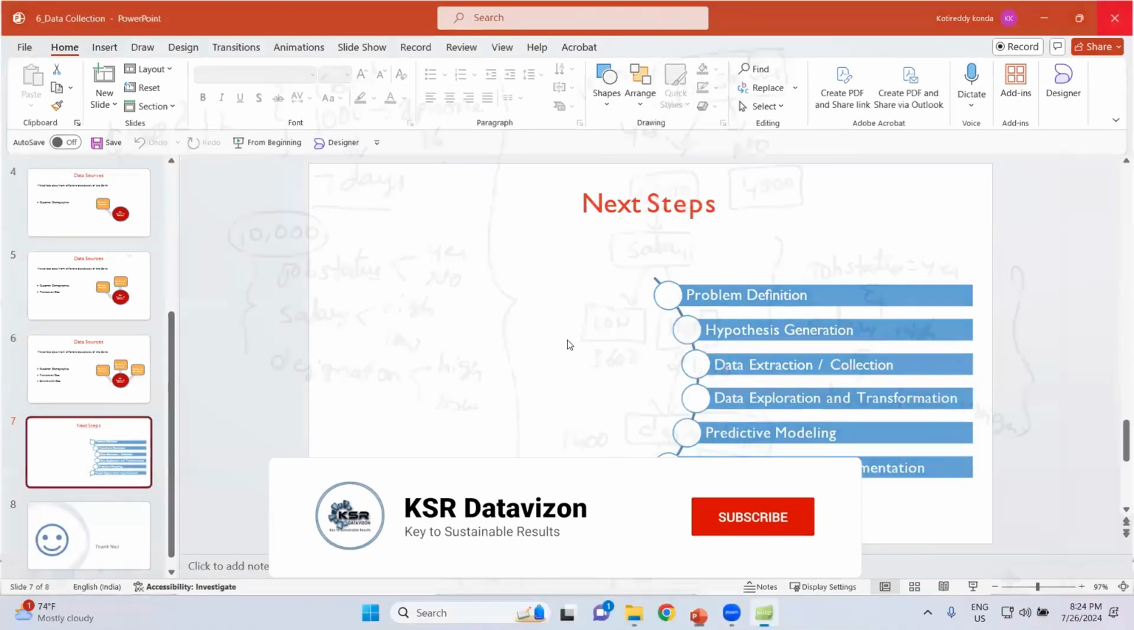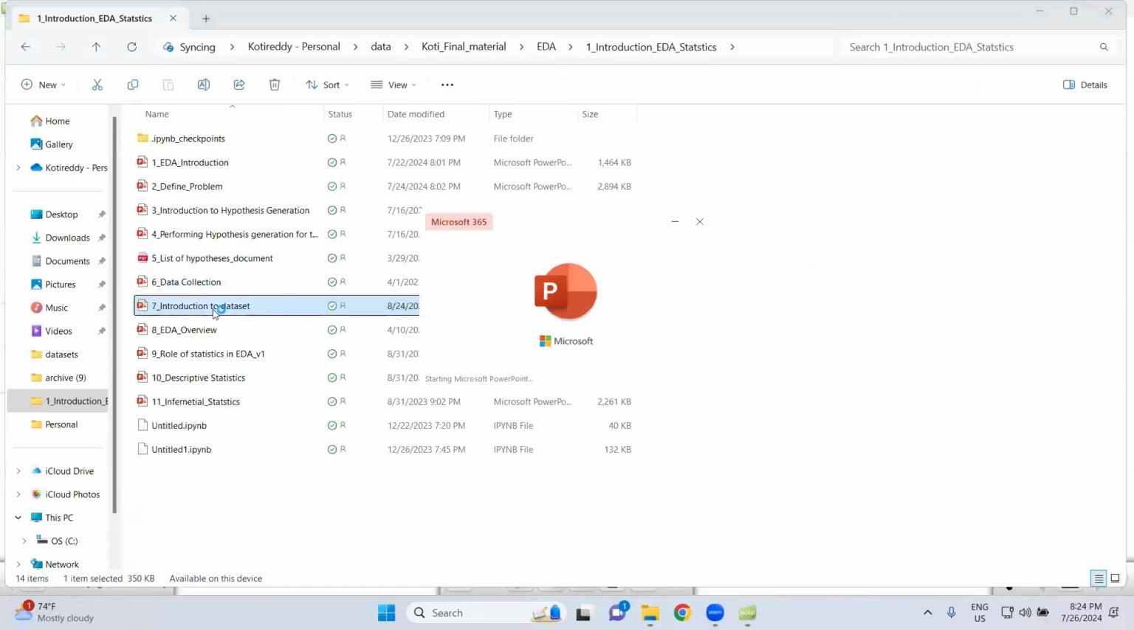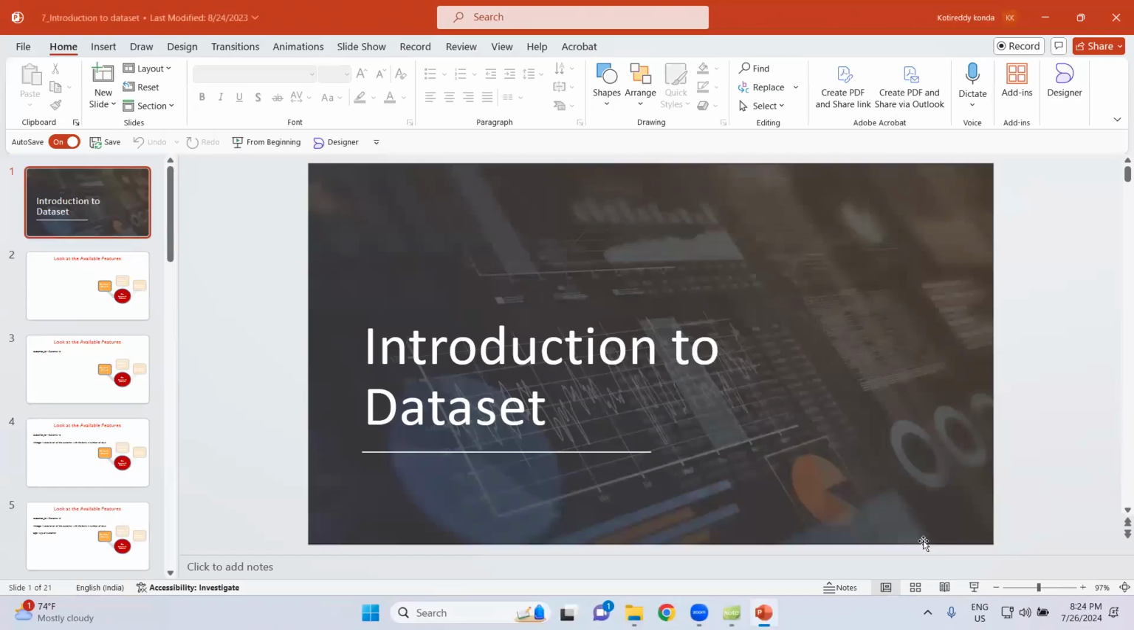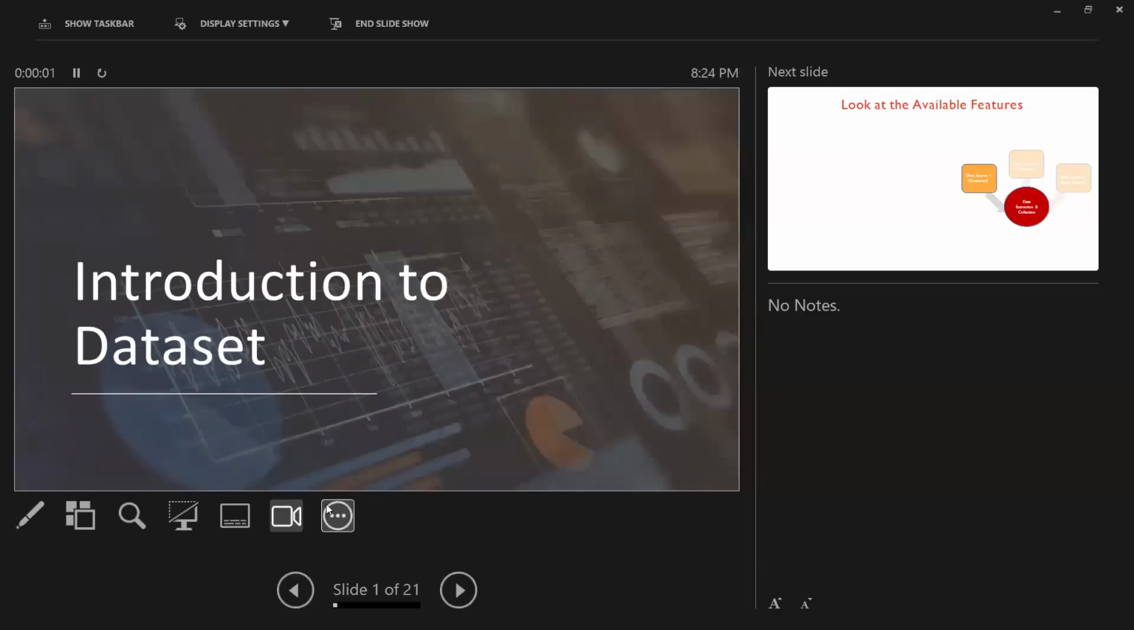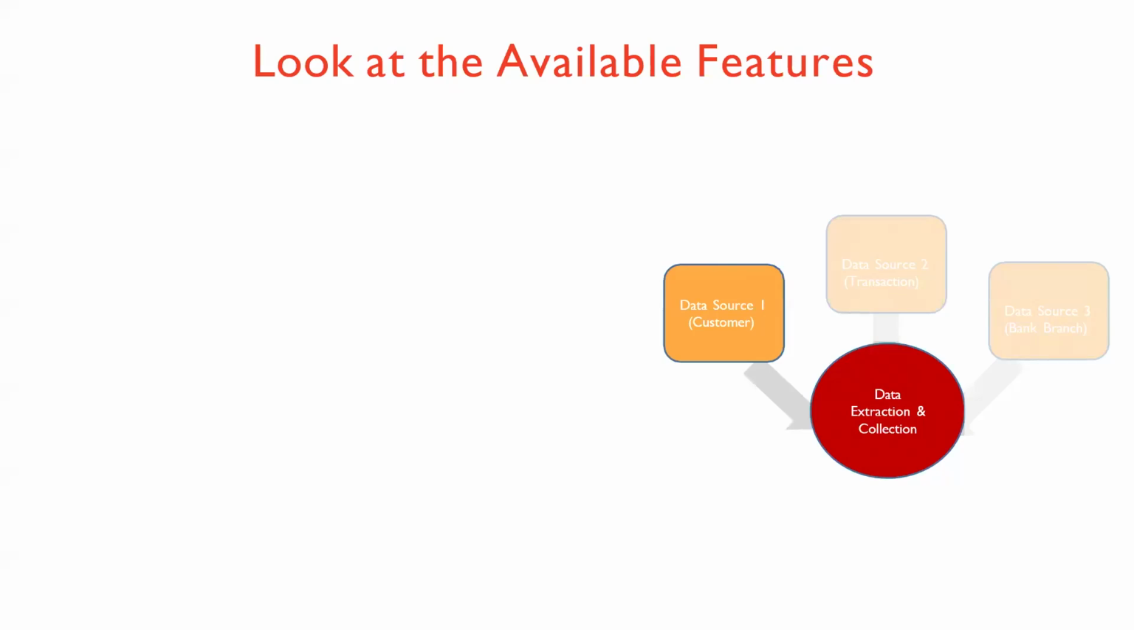Let's understand about the introduction to data. We discussed 3 data sets, right? Let's understand the introduction to data set. What information we have? What information we want? Look at the available. We have 3 data sets, right? What are those? Demographical data, transactional data, branch data. So first one,